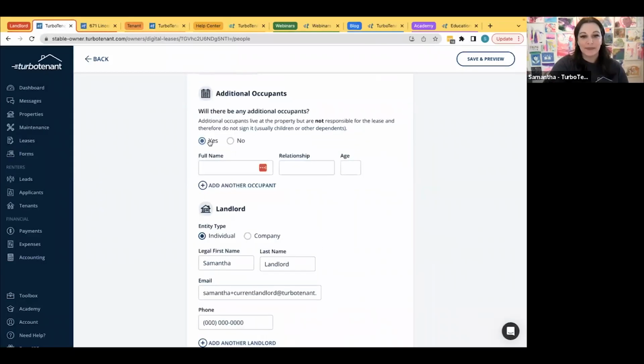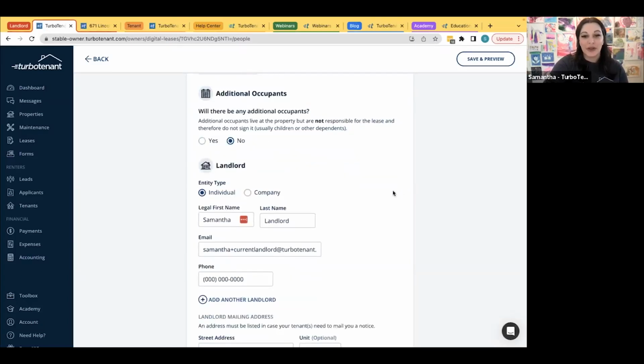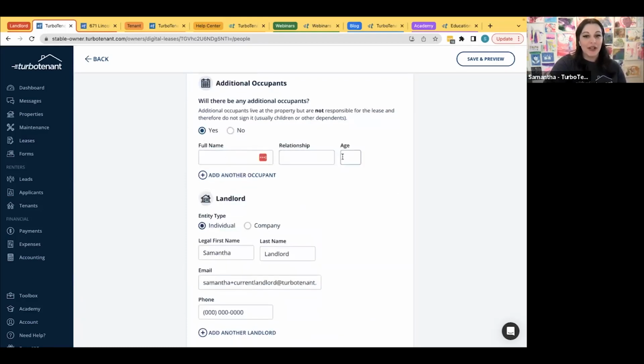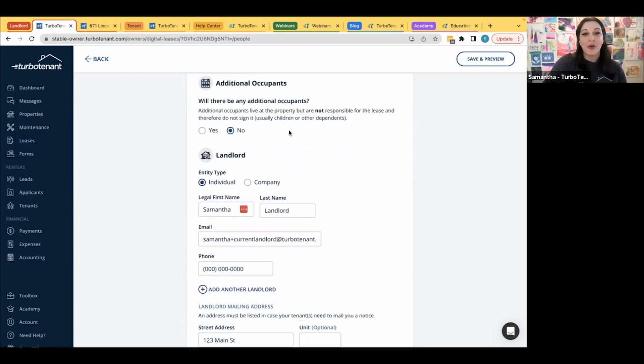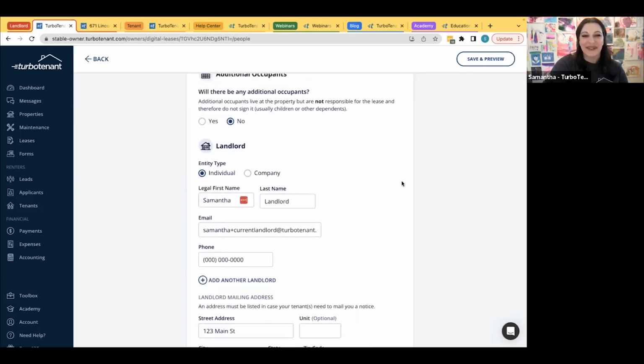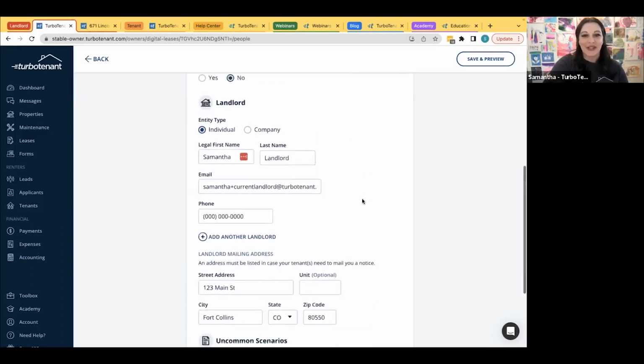look at the document. If you have additional occupants in your home, most of the time these are children or other dependents. This is where you'll put that information. One thing to note is that if there are school-age children in the home that will be registering for school, it's a great idea to have their names here on the lease agreement because some schools require a proof of residency for that child, and most children don't get a lot of mail. So including them here on the lease agreement is a great way to have that document ready to go for